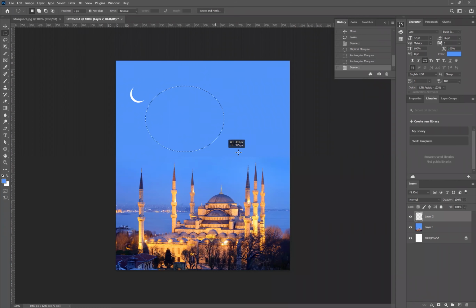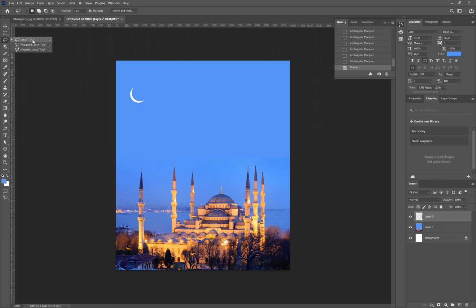If you leave the shift key, you can have other sizes, like an elliptical shape. Similarly, in the rectangle, if you want a perfect square, you hold down the shift key, so it will always select a perfect square. If you leave the shift key, you can make irregular shapes.